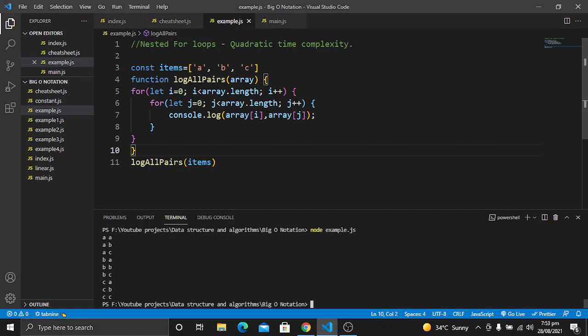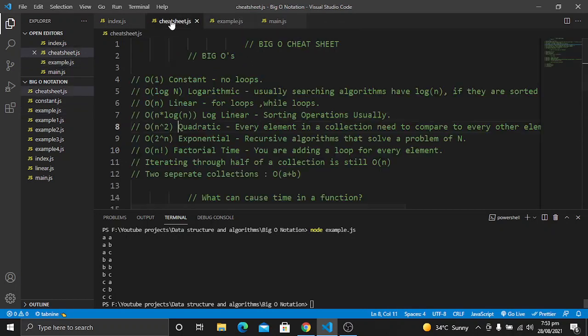So this is the way we can write nested for loops. And now how can we calculate the big O of it? You have to understand that whenever we are using nested loops, we will have a quadratic time complexity.